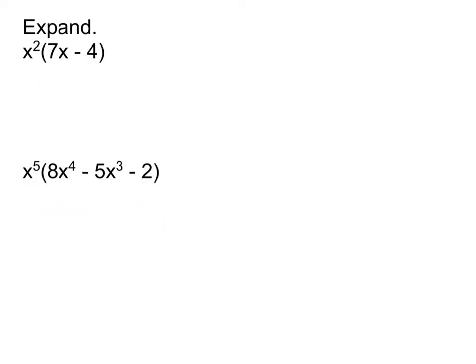Now, in all of those examples, we were just dealing with a number outside the parentheses. Notice now we're going to start taking a look and seeing what happens when we have an x outside the parentheses. The basic idea of distribution is still going to be the same. We're going to multiply whatever is out front of the parentheses into every term inside. So in this case, I'm multiplying my monomial x squared by the binomial 7x minus 4. So if I'm going to do x squared times 7x, that means I'm going to end up with 7, and